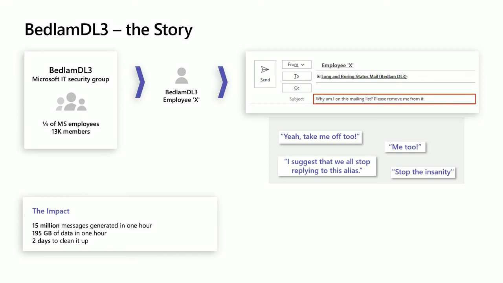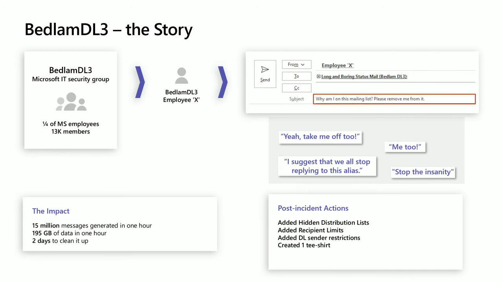15 million messages generated in 1 hour, and I'm so blind, 195 gigabytes worth of data during that time, all within an hour. It took 2 days to clean it up, brought the service down to a crawl, and it was quite the phenomenon at Microsoft, but the press got wind of it. It was the first big reply all storm that was published, and some of the post-incident actions, Exchange team did